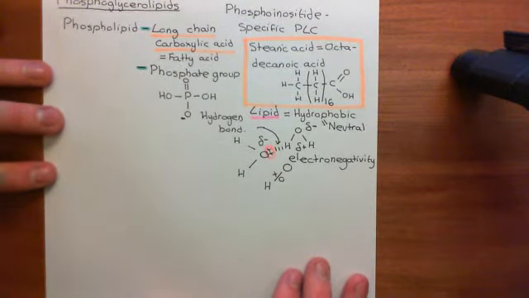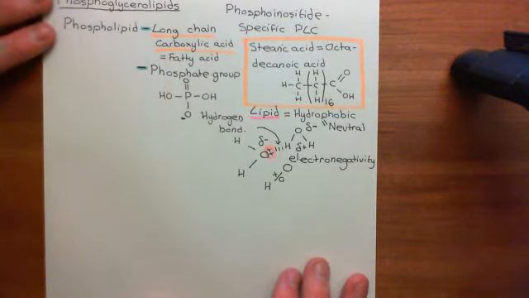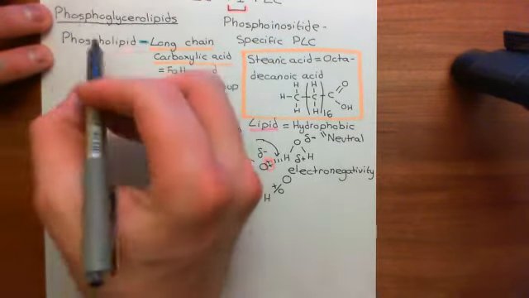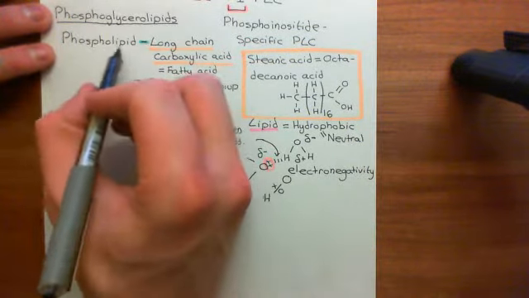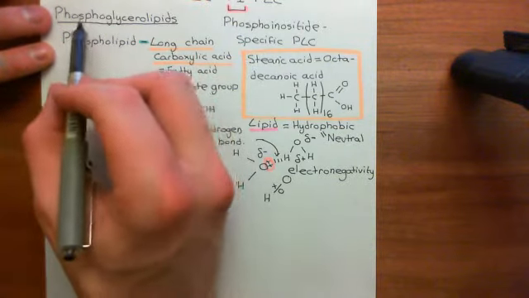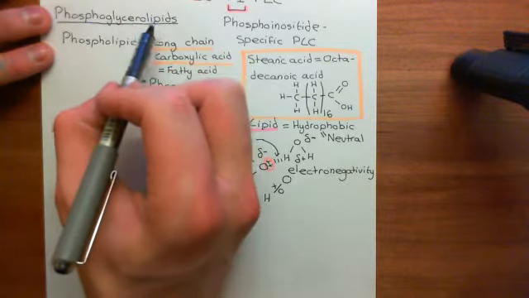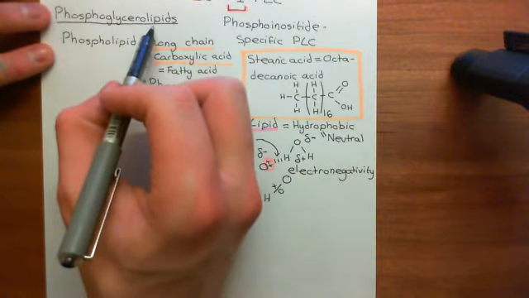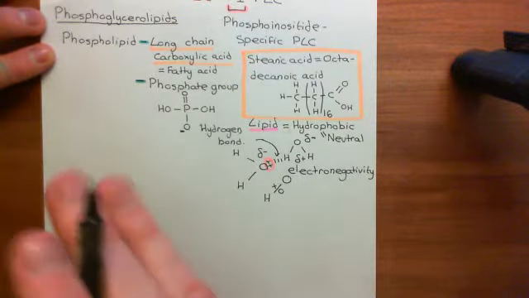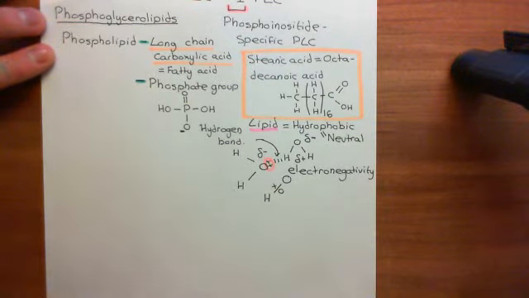Okay, right. So now on to phosphoglycerolipids. Phosphoglycerolipids are a subset of the phospholipids. There are many different types of phospholipids, but the phosphoglycerolipids are the main subset that are important within biology. There are others, such as the sphingomyelins, but for our purposes, the phosphoglycerolipids are the only ones we